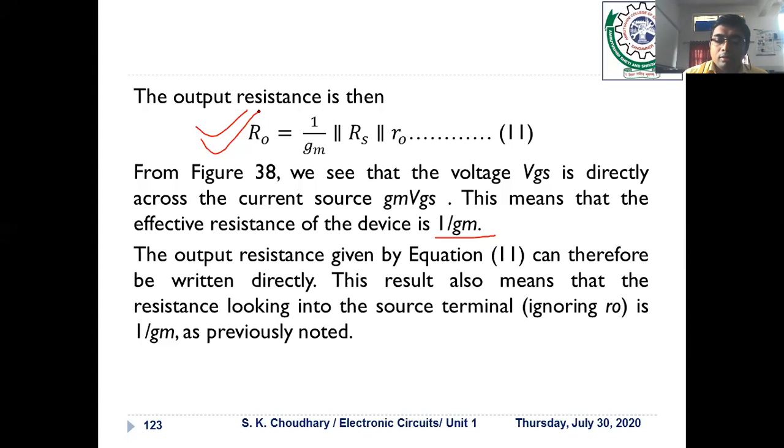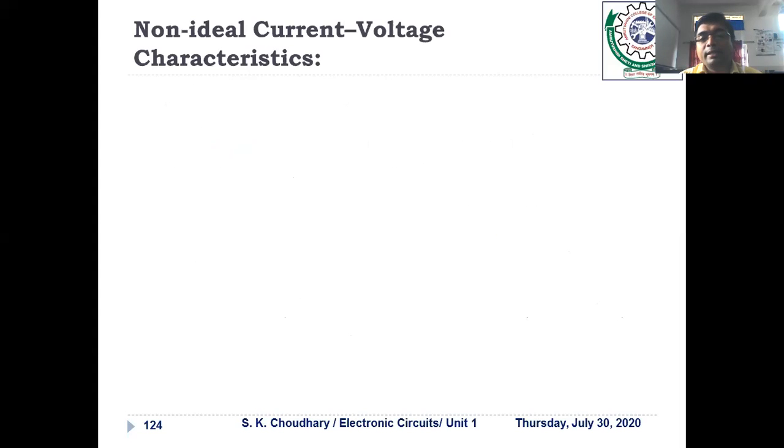Okay. Now in this way we have covered all the configurations that we are required to learn in this syllabus, that is common source and common drain. I will show you some comparison table in the next lecture also. But now we have to move to the next topic, and this is a very important topic. It is related to the MOSFET. It is not related to any configuration. It is applicable to all configurations.